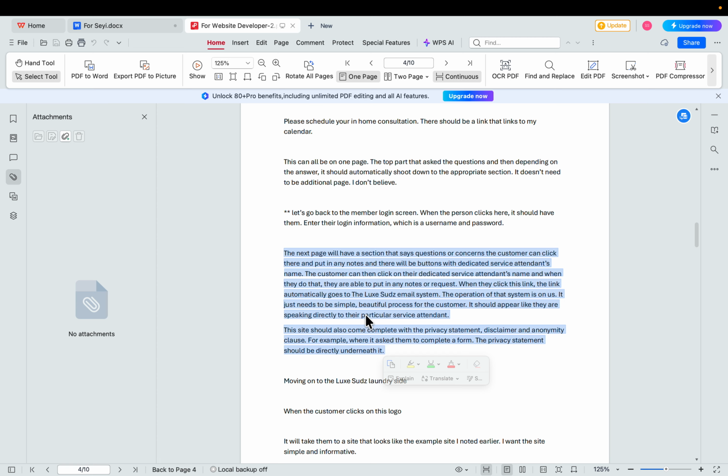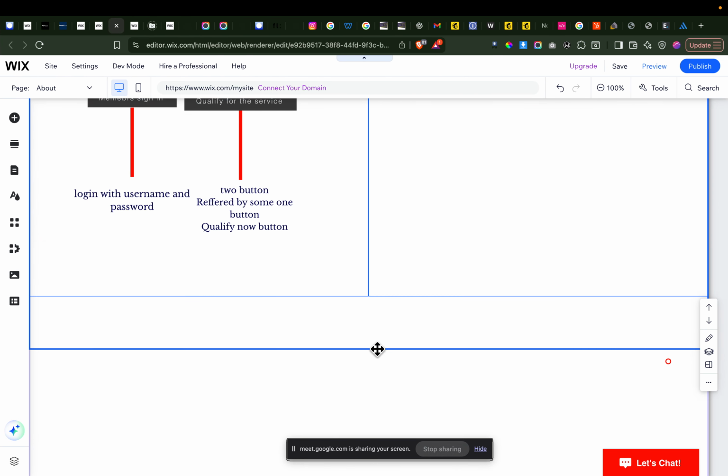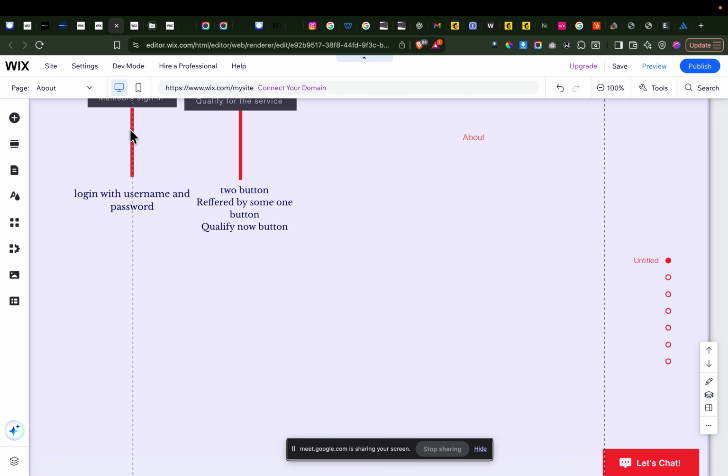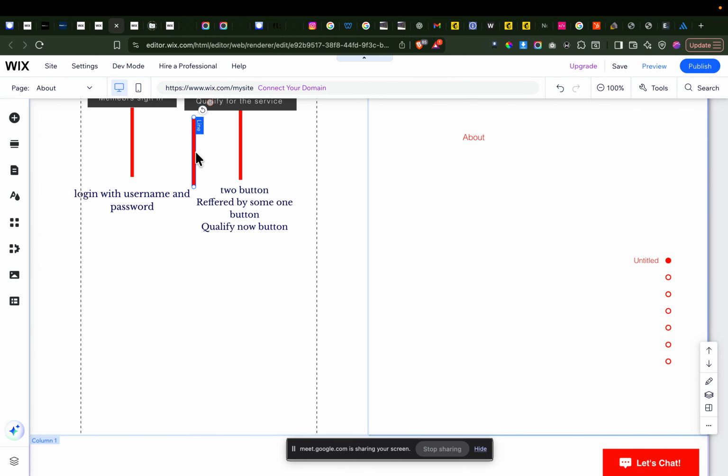Okay, so if I understand perfectly, after members are able to log in with username and password, they will be directed to a new page that will display the attendant information, and on that page they can message attendants and book an inquiry with them, right?